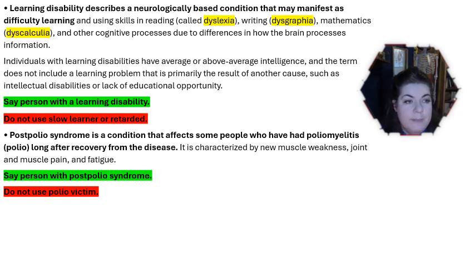All right, learning disability describes a neurologically based condition that may manifest as difficulty learning and using skills in reading, called dyslexia, where you're swapping those letters around a little bit, writing, dysgraphia, mathematics, which is dyscalculia. Actually, I have a child with that, and other cognitive processes due to differences in how the brain processes information. All right, individuals with learning disabilities have average or above average intelligence, and the term does not include a learning problem that is primarily the result of another cause, such as intellectual disabilities or a lack